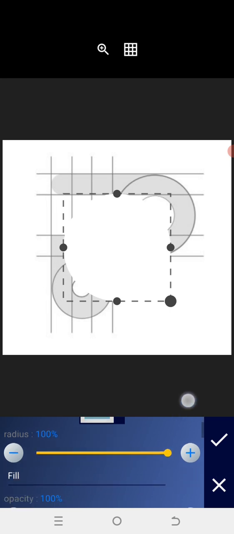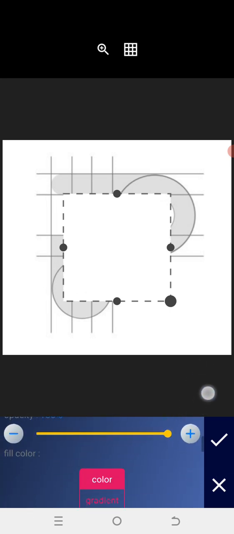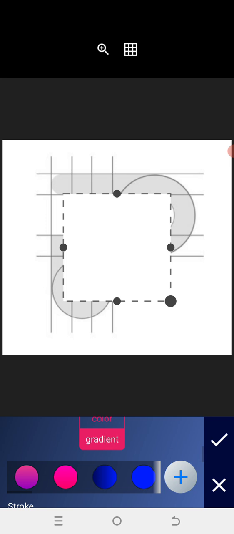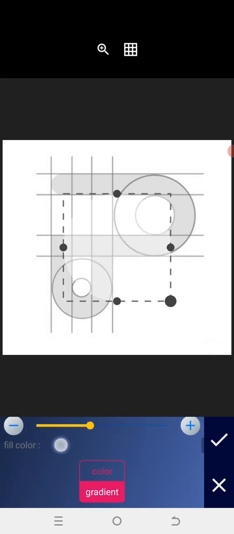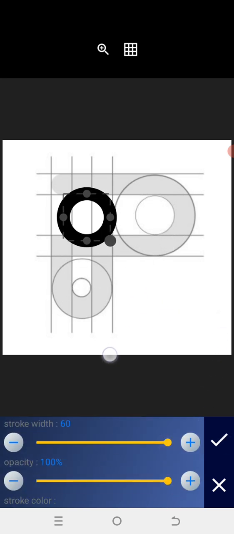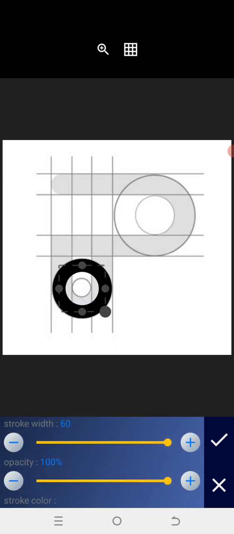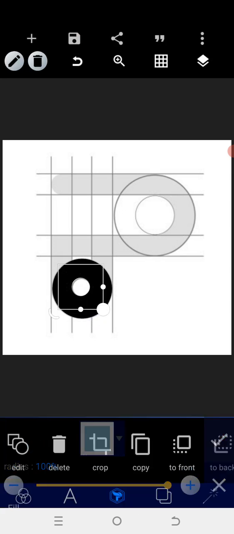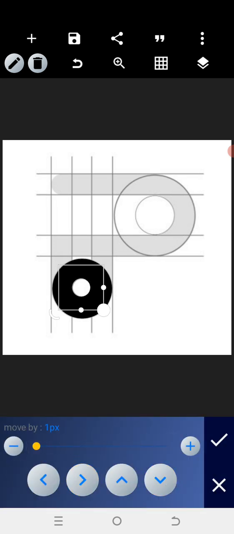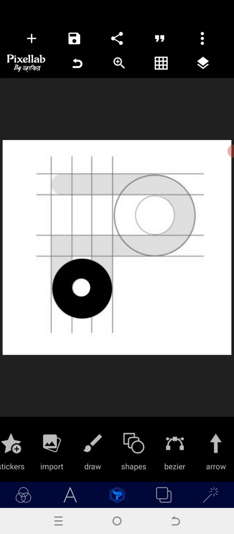So we have a shape like this, then the radius should be 0, opacity should be 0. Stroke, we increase the stroke very well. We are going to position that here. After positioning, we will copy. We reduce the size very well to be in line with this. You can see, right? So we'll manually adjust and make it fitting. Once it's fitting, the next thing we're going to do,